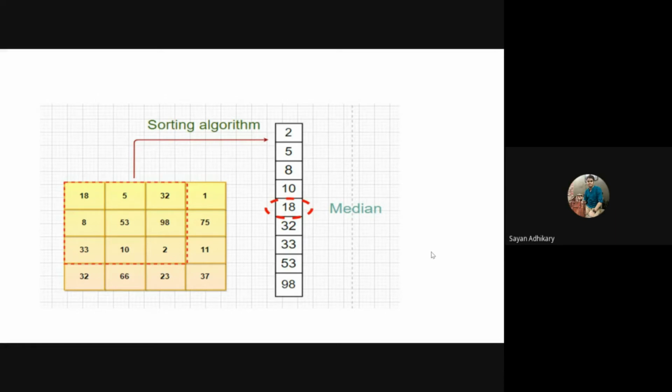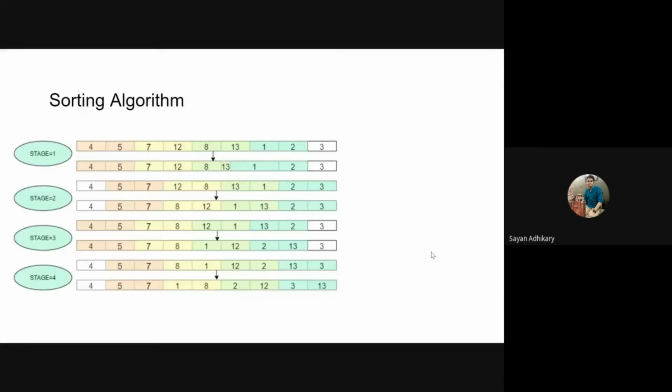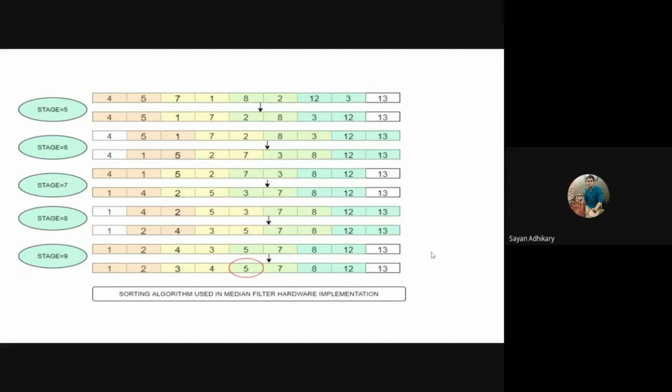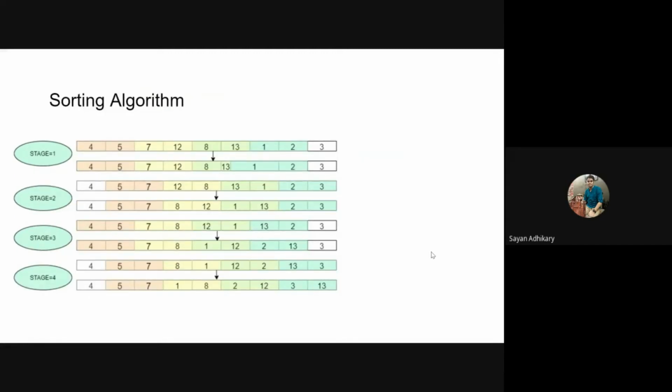Now in the hardware implementation, we had to optimize this sorting algorithm. Here one loop is iterating 9 times, we can show it here as stage equal to 1 to 9. It is incrementing from 1 to 9. But the trick here is that the inner loop is iterating only 5 times. It checks if the stage value is odd or even. If it is odd, it compares the elements 0, 1, 2, 3, 4, 5, and 6, 7, and 8 is untouched. So the inner loop iterates 5 times in this case.